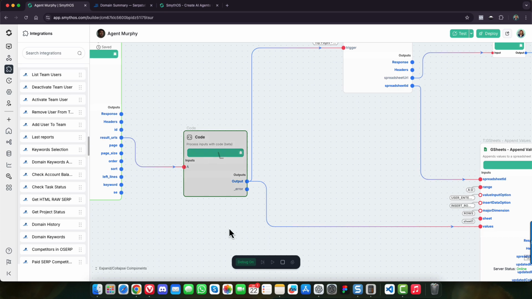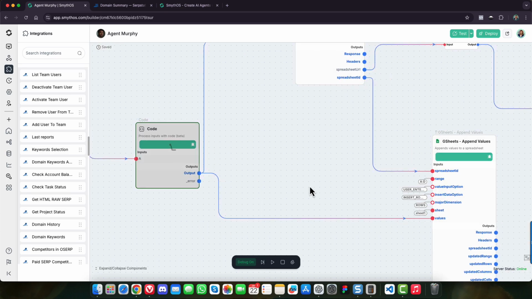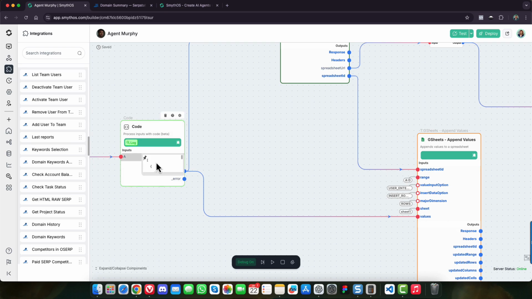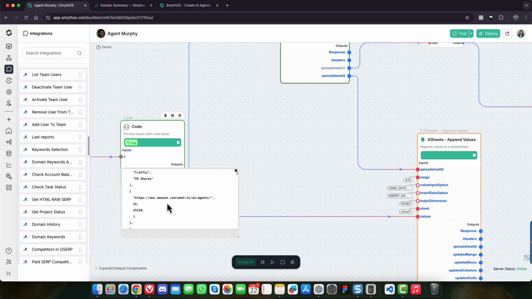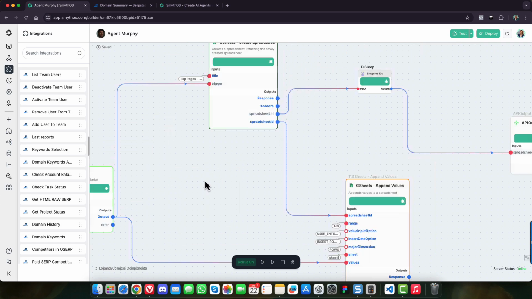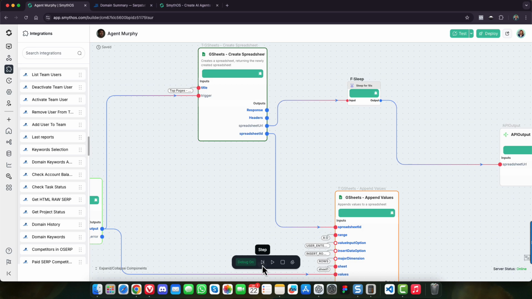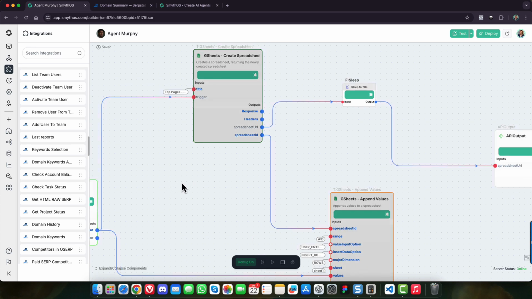I'm going to click next step. The code component will then process and format the data into this format. Then I'm going to click step again.